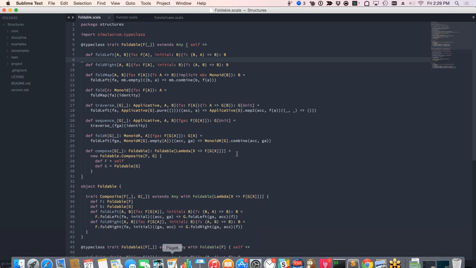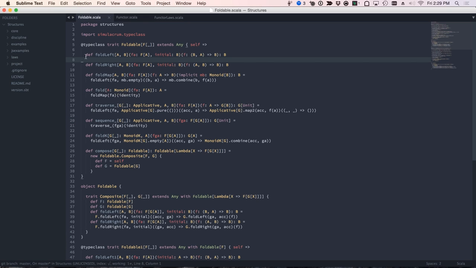So, how can we do the same thing with foldable? What could we say about the behavior of fold left such that we constrain the implementation of fold left in a more meaningful way than just saying fold left is fold right in reverse? And it turns out we really don't have anything to say here. There are no real good laws for the foldable type class short of consistency laws,